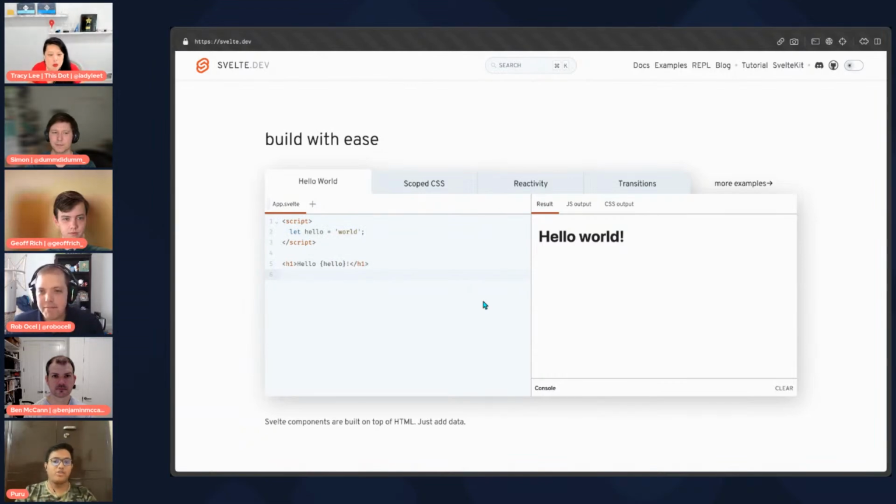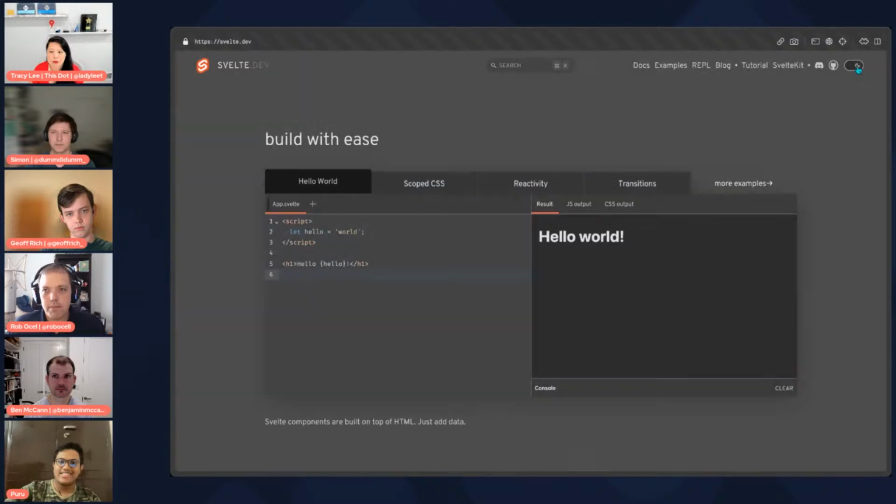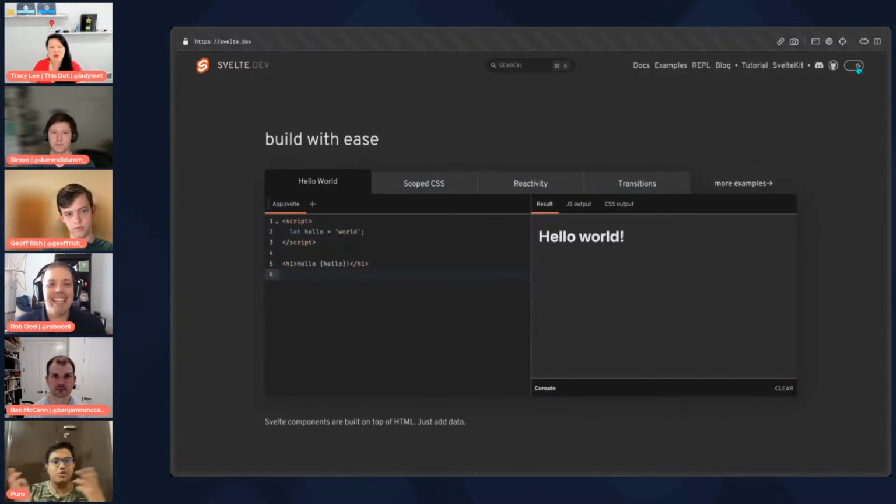Which, if you have been using VS Code, is not anything new, but the previous REPL did not have any of those. We have those changes, and of course, it's also dark mode. Could not have forgotten that.